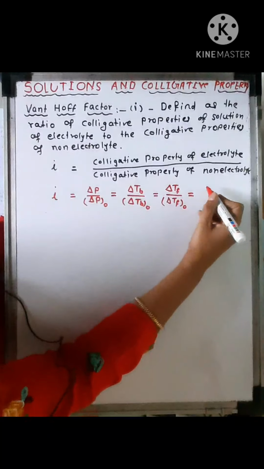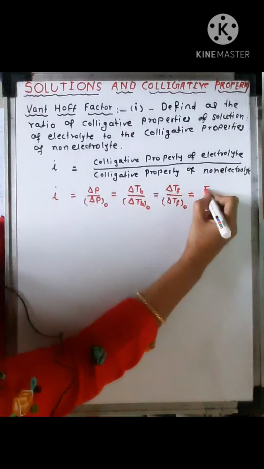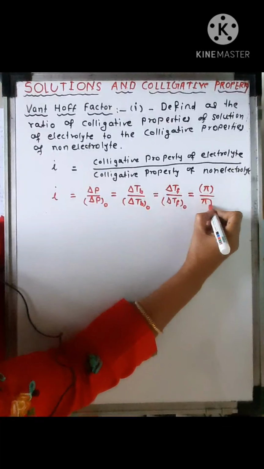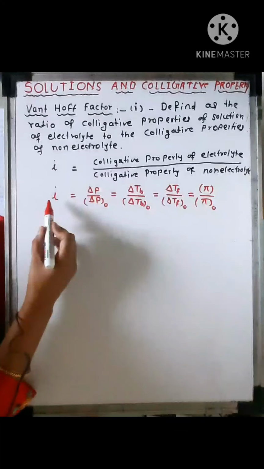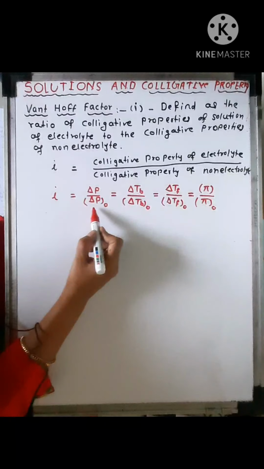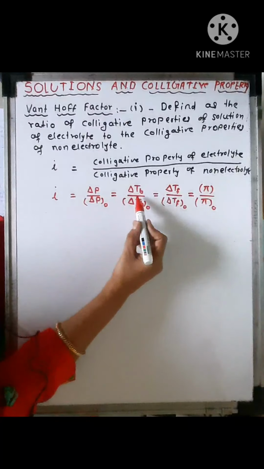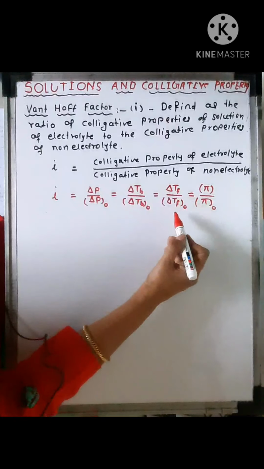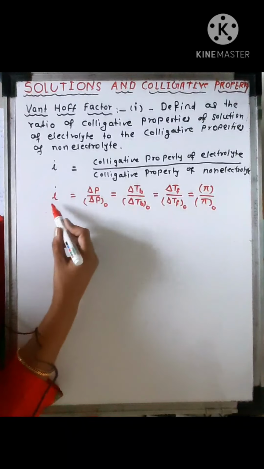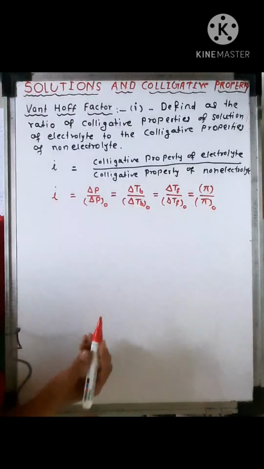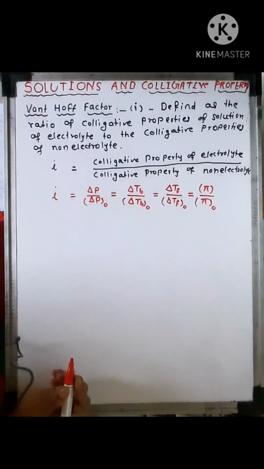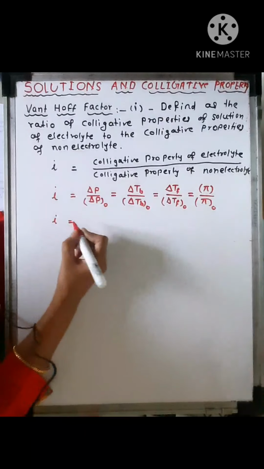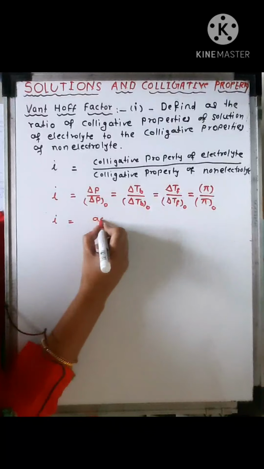And the last property is osmotic pressure, denoted as pi upon pi 0. Van 't Hoff factor is equal to delta P upon delta P0, or I is equal to delta TB upon delta TB0, or I is equal to delta TF upon delta TF0, or I is equal to pi upon pi 0. Van 't Hoff factor is also defined in another way, as the actual